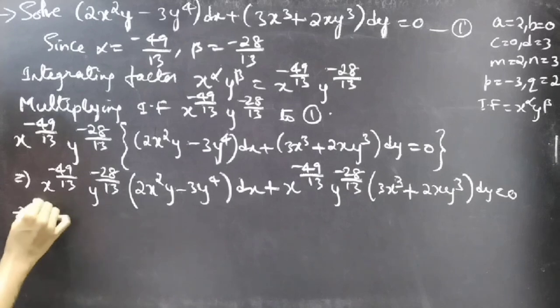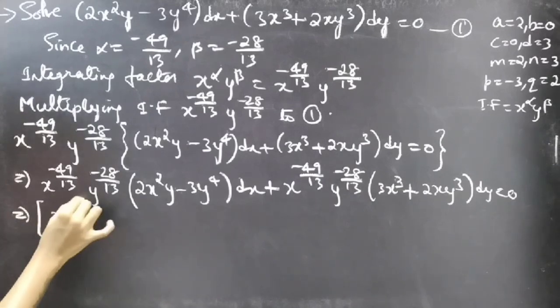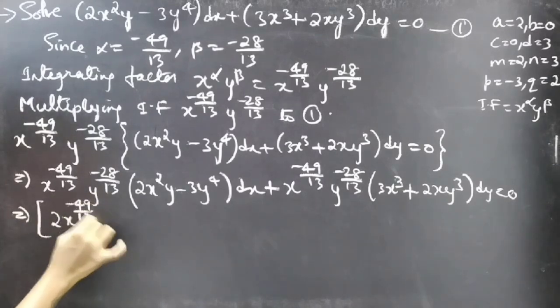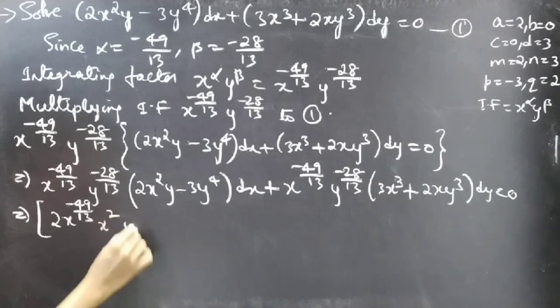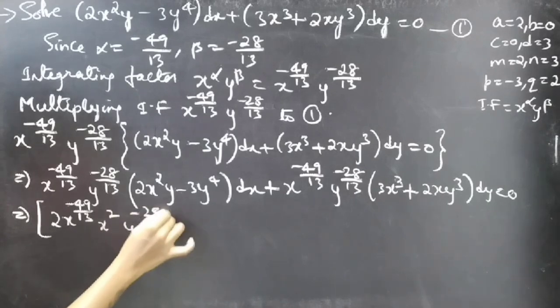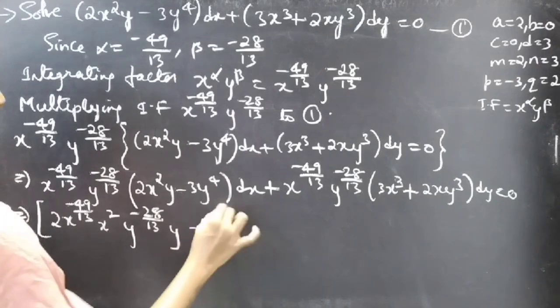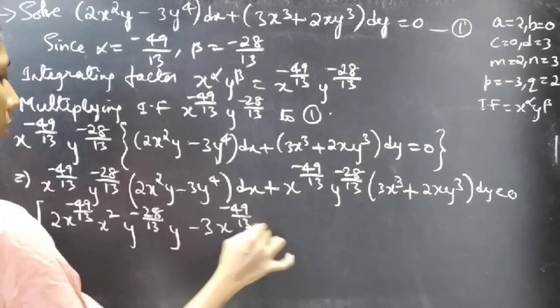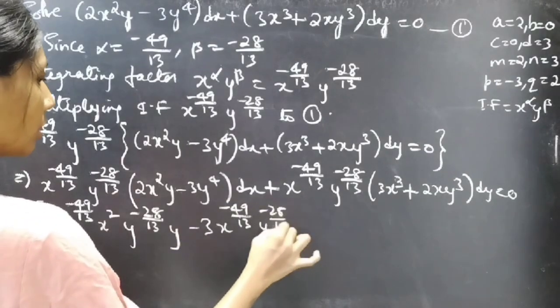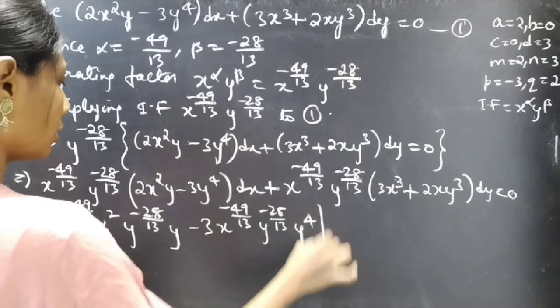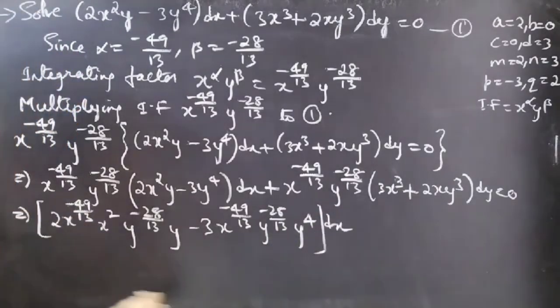Now we'll write this as 2x power minus 49 by 13 into x square, y power minus 28 by 13 into y minus 3x power minus 49 by 13 into y power minus 28 by 13 into y power 4 into dx plus